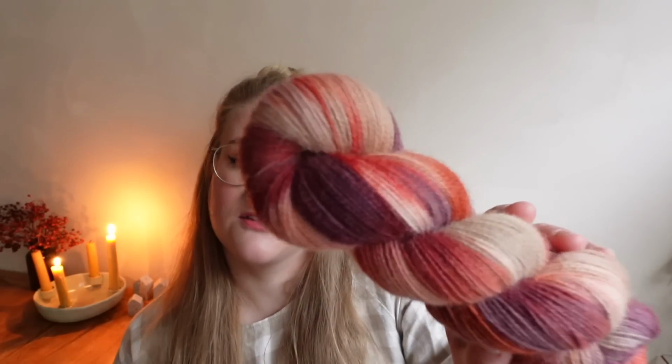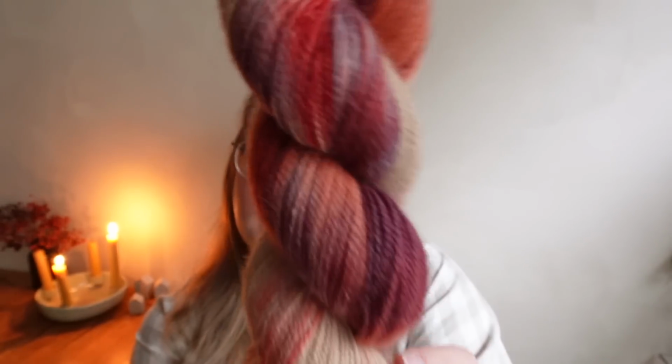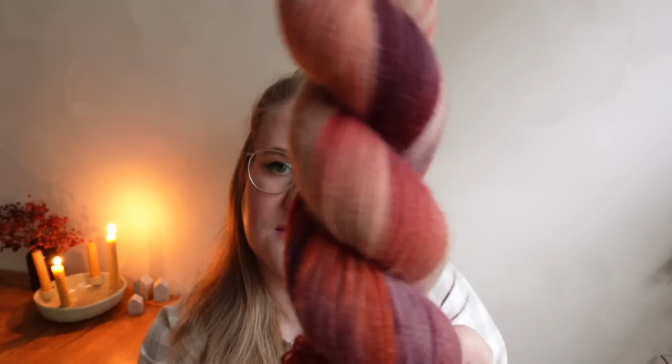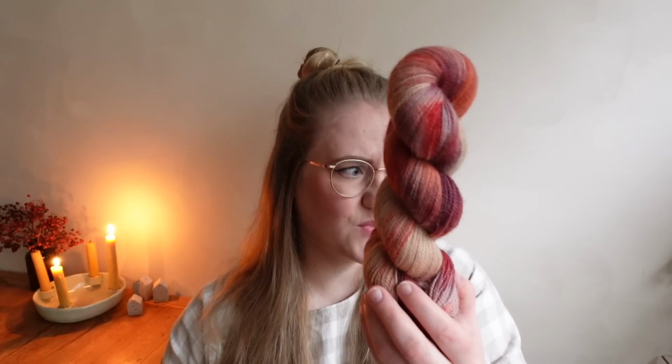But yeah, let me just start showing them to you. This one's the first one, and this one is called mulled wine. And it's a lot of reds, purples, burgundies, and yeah, these kind of reddish tones. Hence the name. It kind of reminds me of some mulled wine, which is a very popular thing here in